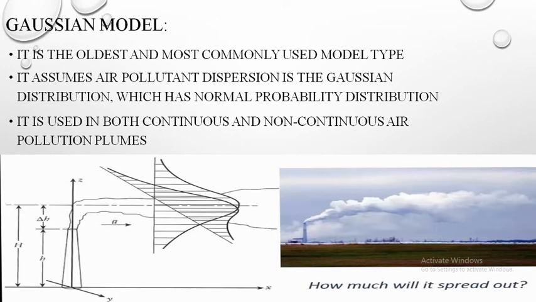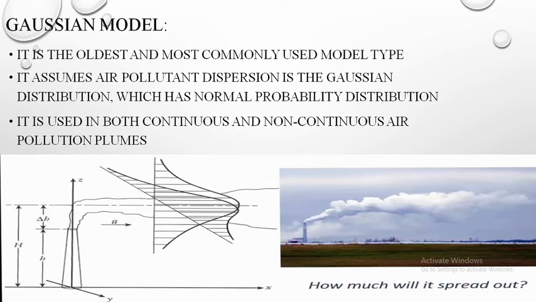With the x-axis aligned in the downwind direction, the contaminated gas or plume rises from the smokestack. That is called plume rise, denoted as delta H. And then it travels in the x direction. You see this figure. It travels in the x direction and spreads in the y and z direction as it travels. Are you clear? Here one thing is very important. This is the plume rise calculation model.